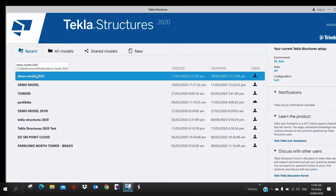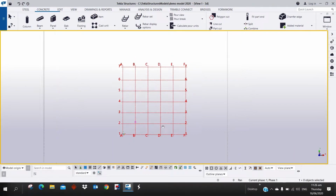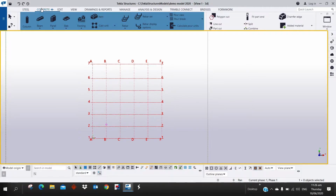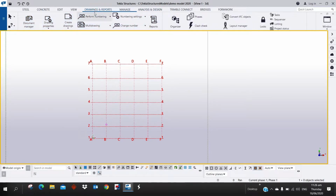From this demo, let me use this model, demo model 2020. By the way, our Tekla is Tekla Structures 2020. Upon opening, this is the user interface of Tekla Structures. We have our ribbon, steel, concrete, and editing tools, our view tab, and then the drawing and report tab, wherein you can see all your drawings and reports,